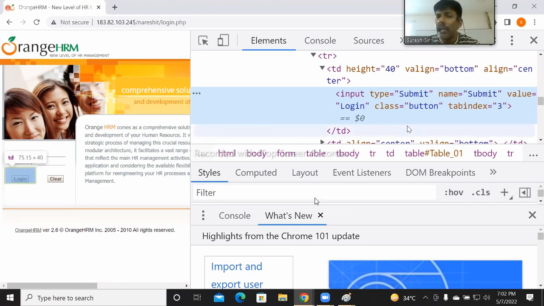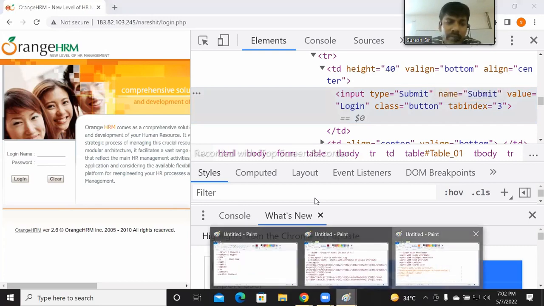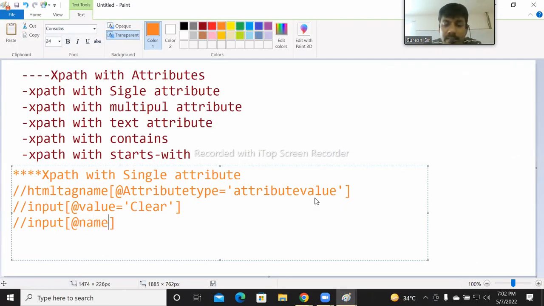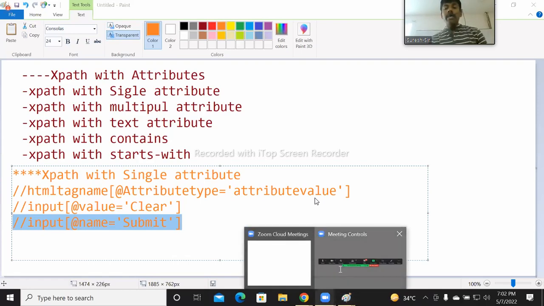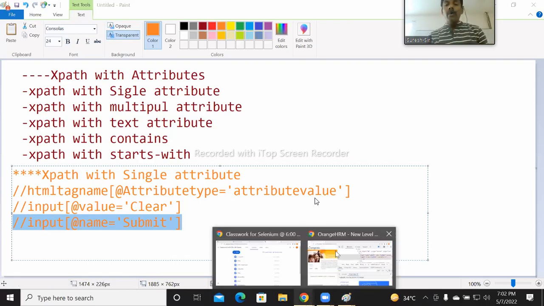Okay. We can try with any attribute. Let me try with the name attribute. We can utilize anything, considering the name equal to, in single quotes. It needs to be cross-checked whether it is correct or not. To cross-check that, we will take the help of